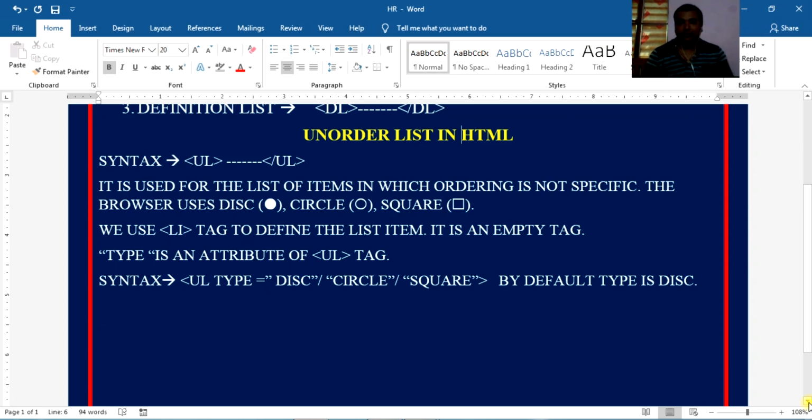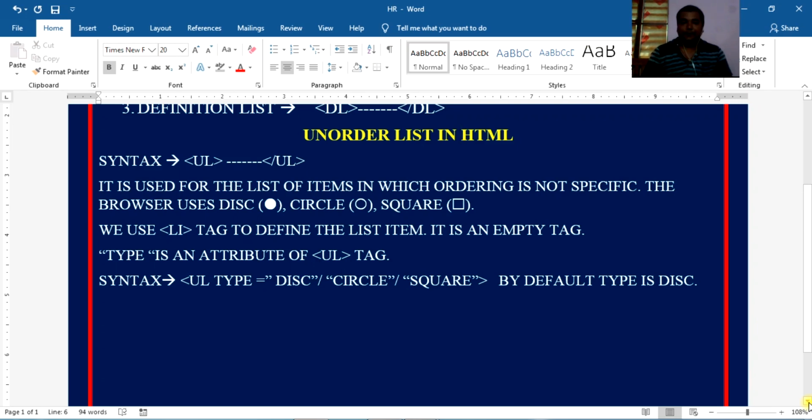Okay, clear? So you can use the li tag. It is a type of empty tag to define the list items within the UL tag. That means the UL tag is used to create the list and the li tag is used to define the list items. It is an empty tag.